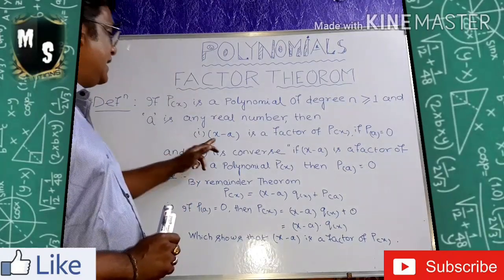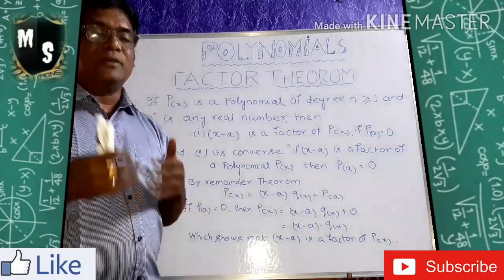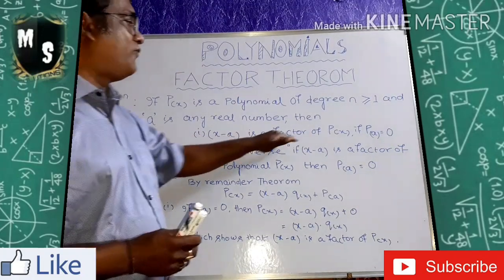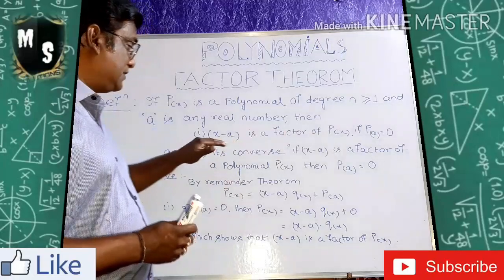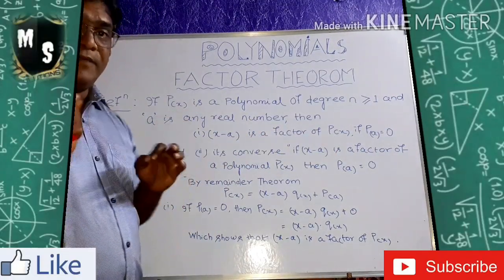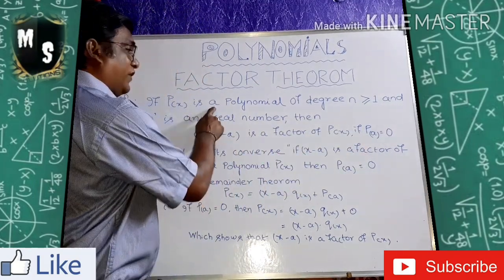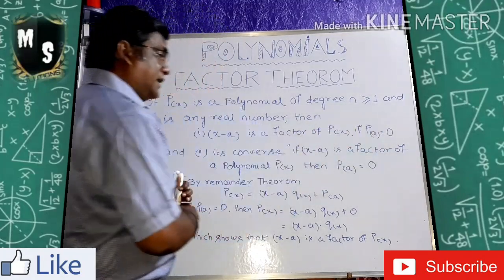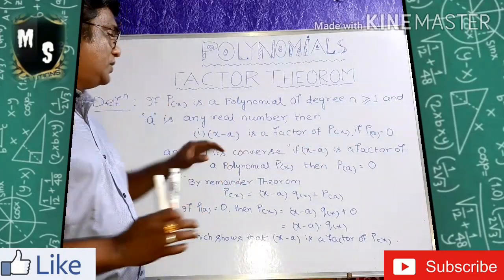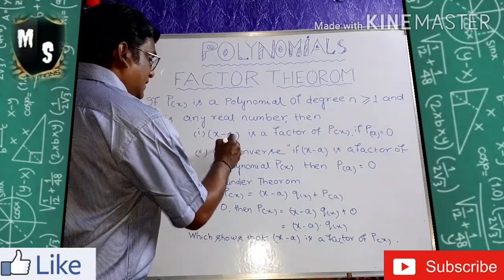The theorem says x minus a. What is x minus a? That is g(x), another polynomial. It is a linear polynomial. See now, x minus a is a factor of p(x), a polynomial in x. This x minus a will be a factor of the initial polynomial if you put the value of a in p(x) and it gives you 0. Then x minus a will be a factor of the polynomial. That is the condition for you. I can write x minus a as g(x).